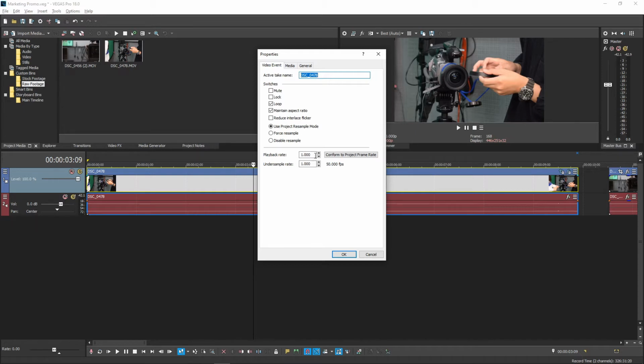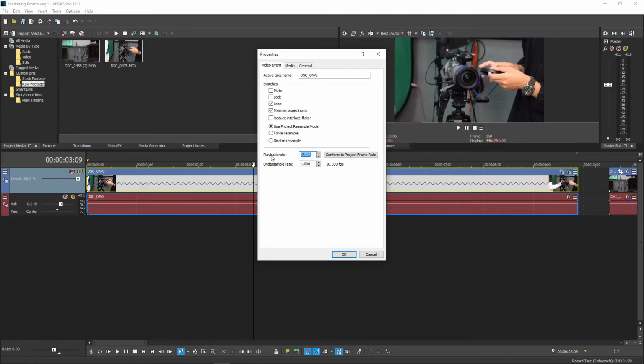You can speed up or slow down your clip by changing this number, but note that it only goes up to 4 both ways. So for example, if you change it to 2, that means it plays at twice the speed, and 4 means it will play at 4 times the speed. On the other hand, to slow down, 0.5 would be half the original speed, and 0.25 is a quarter of the original speed.